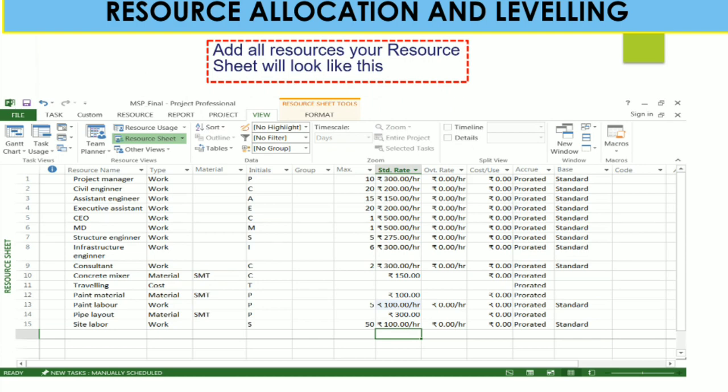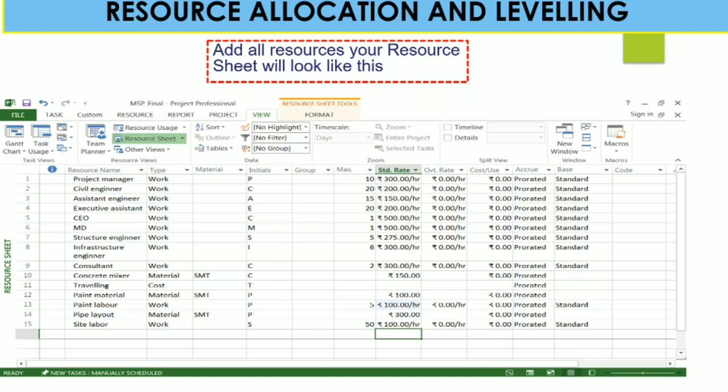Now here we can see that after adding all resources, your resource sheet will look like this. Resource over allocation assigns your resource pool more work than is humanly possible to complete within the specified time period, as a result of which your project quality gets compromised.